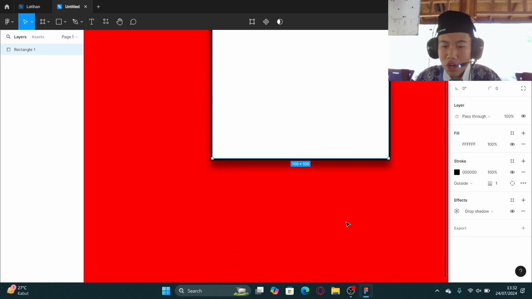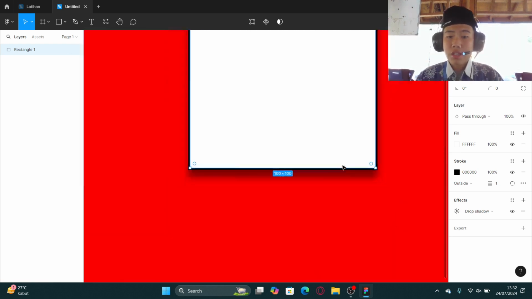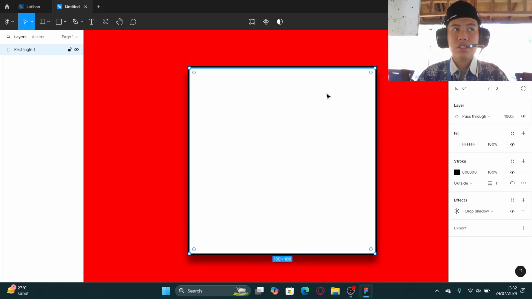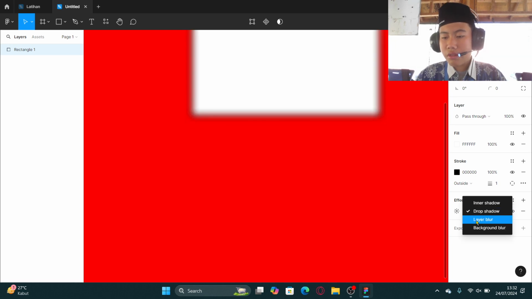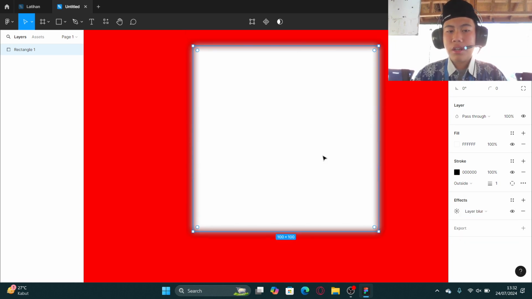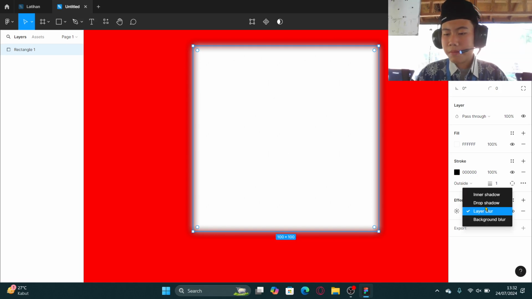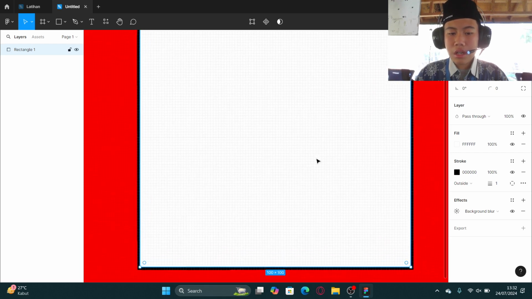Drop shadow. Drop shadow is a shadow under it. So before, this is going in, now this is above and there's a shadow under it. Now next we've got layer blur. As the name suggests, it just makes it blurry. And background blur,